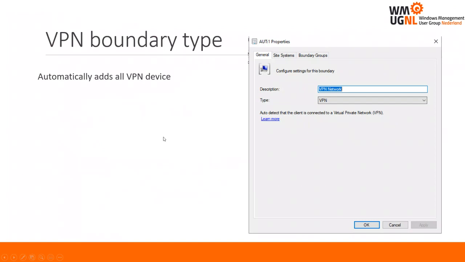We have a great new VPN boundary type as well. And if I look at Reddit, TechNet forum, user groups, Facebook groups, there have been a lot of questions lately on how should I configure my boundary to make sure that my clients on VPN are in a boundary group for that, and how do I do it for DirectAccess, and how do I do it here? And again, Microsoft is listening. So what they did is they actually introduced a new boundary type. So we have a boundary type now called VPN,